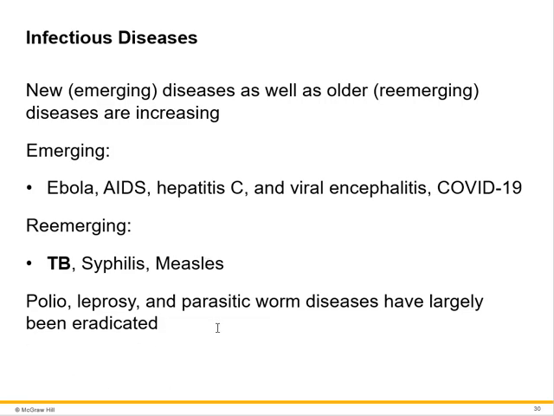Polio, leprosy, and parasitic worm diseases have been largely eradicated, and we hope they do not become re-emerging diseases. But some have re-emerged, and tuberculosis, TB in particular, is a really good example. Before the AIDS epidemic in 1980, we had almost eradicated tuberculosis worldwide. And then because TB is something that people who have AIDS cannot fight off,